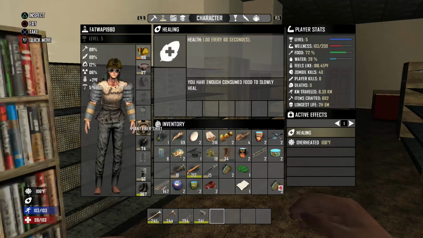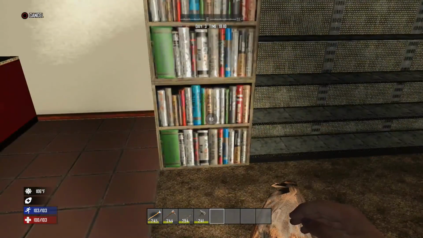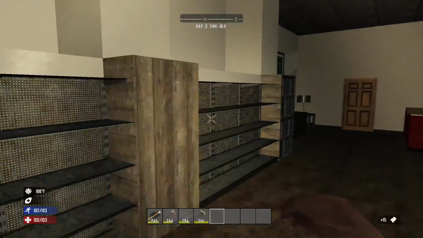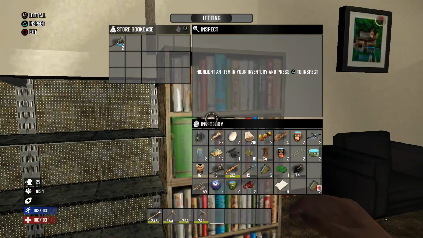Yeah, I've got a lot of clothes, haven't I? I wonder if that's going to be enough. We'll see how we get on with just that. But for the time being, we'll raid these bookshelves. I mean, that's perfect. Straight away, we've got...